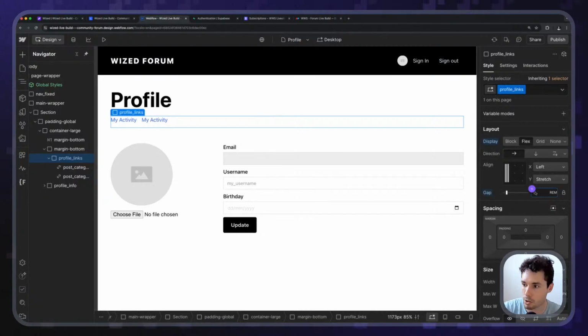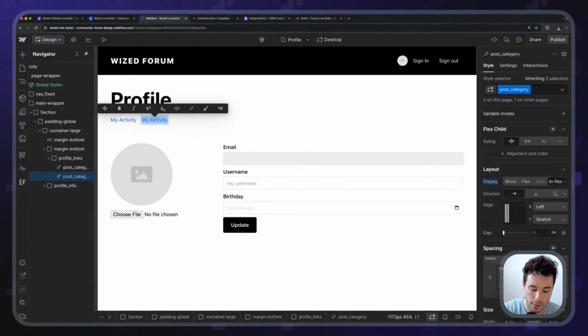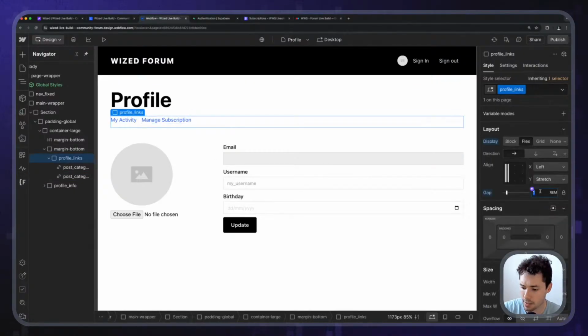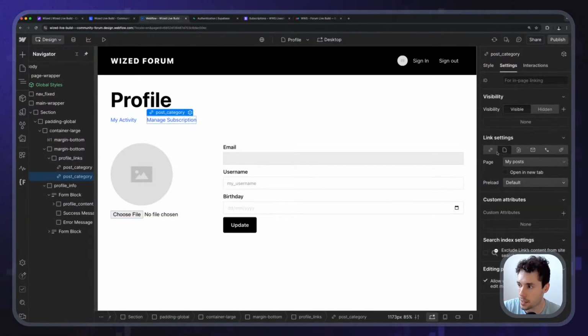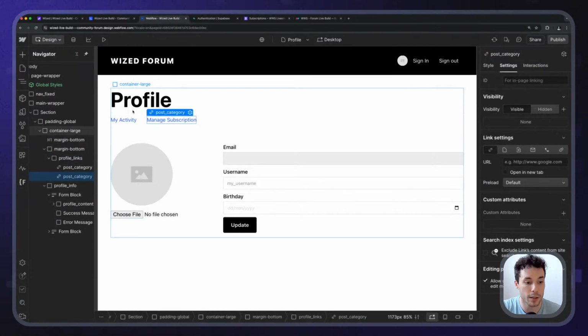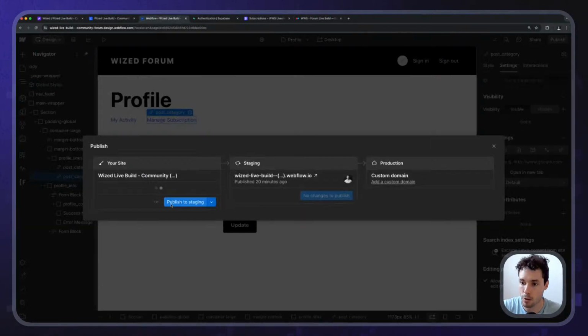1 rem is good. Maybe 2 rem. Nah, 1 rem. And this is going to be manage subscription like that. Actually, let's make it 2 rem. Great. And this is going to be a link that goes to the Stripe billing portal. Now, we want to